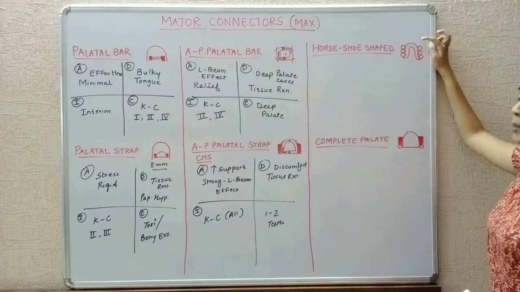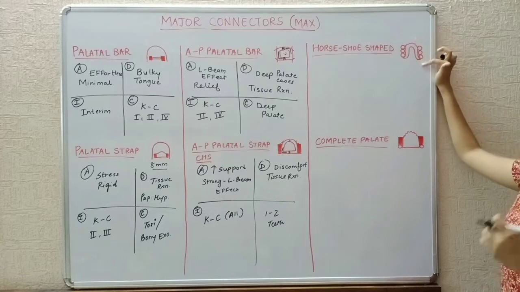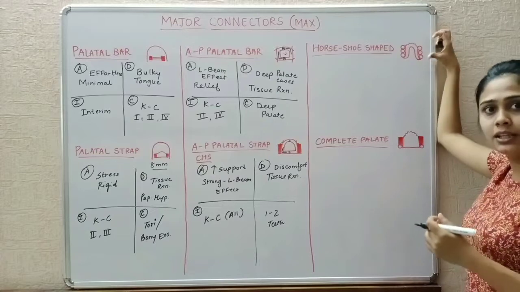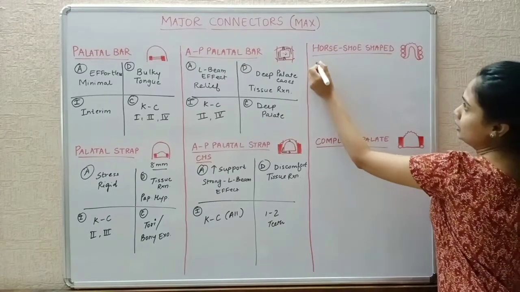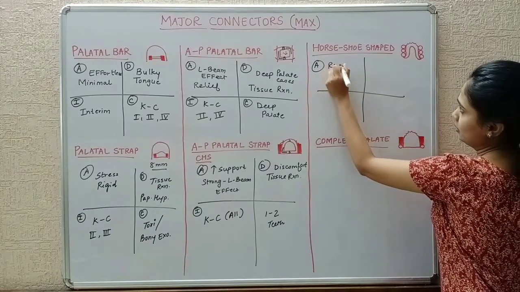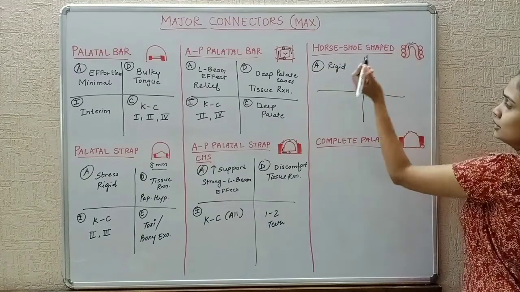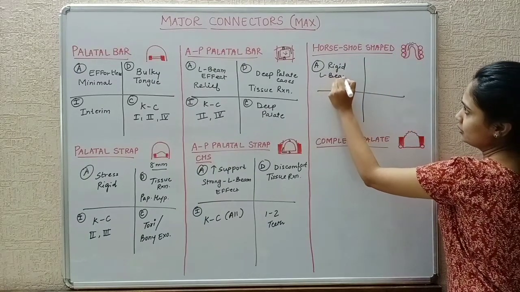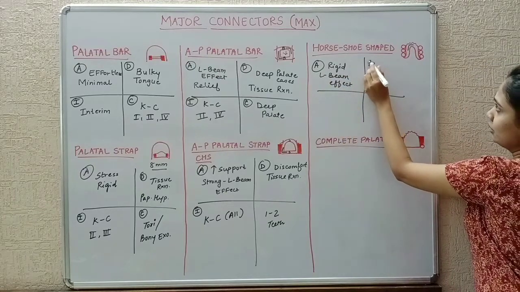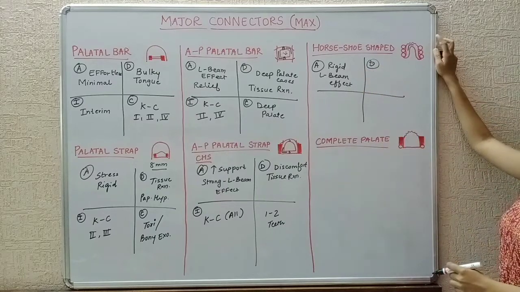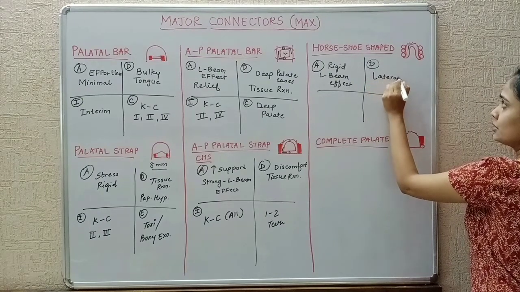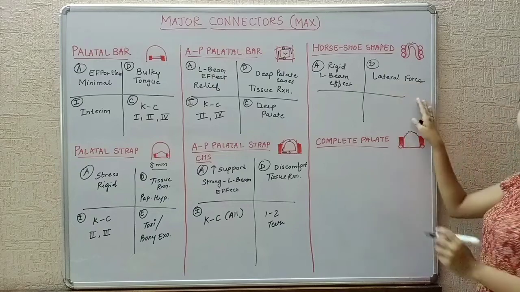So as you can see, there is a palatal strap which connects the anterior and the posterior lateral surfaces. Okay, so it is a palatal strap connecting the anterior and the posterior lateral surfaces. So here the advantages are it is rigid, and here also you see an L, so it provides a strong L-beam effect. Okay, the disadvantages are, as there is a palatal strap on the anterior and the lateral side, lateral forces are generated or created. So it is its major disadvantage.